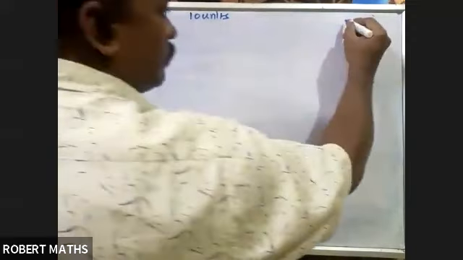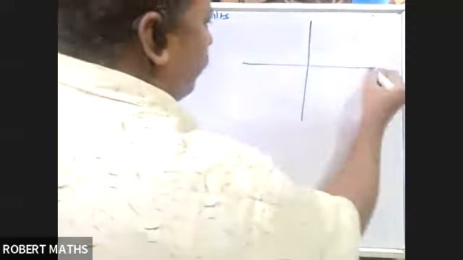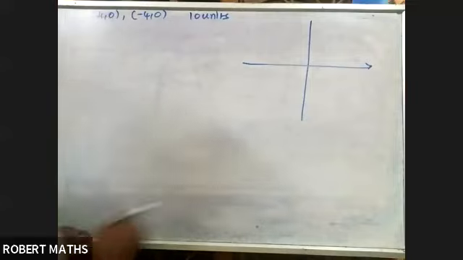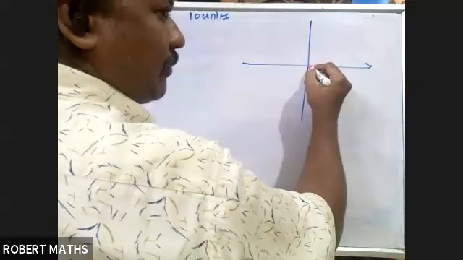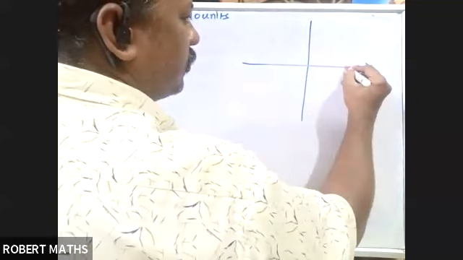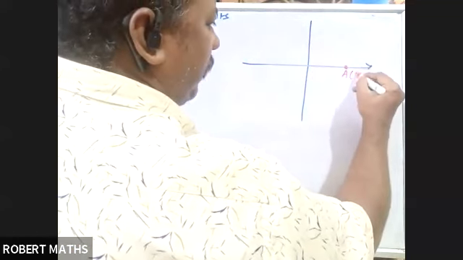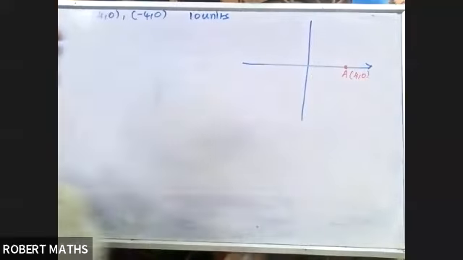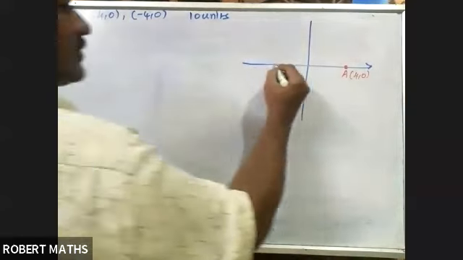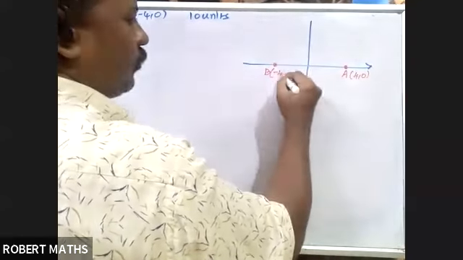Let us take two points. So உங்க graph போட்டுக்கலாம். இல்ல 4, 0ன்றது எங்க இருக்கும்? எங்கமா இருக்கும்? So அப்ப x axis ல இருக்கும், 4, 0ன்றது x axis ல இருக்கும். அப்ப 1, 2, 3, 4 somewhere here. I can take that point as A of 4, 0. Another thing I'm going to take is B of minus 4, 0, somewhere here.